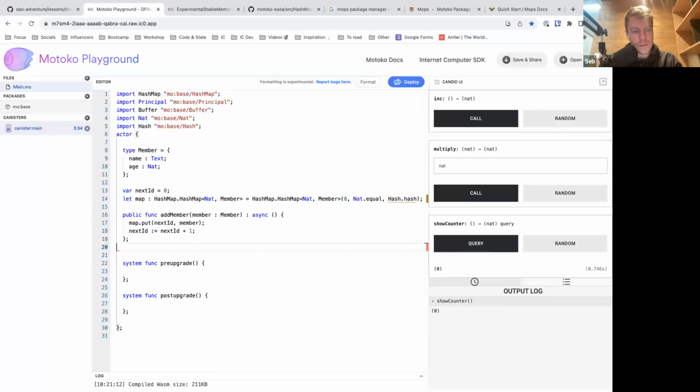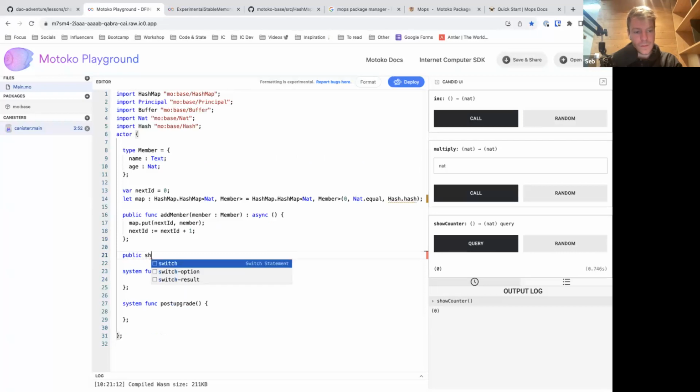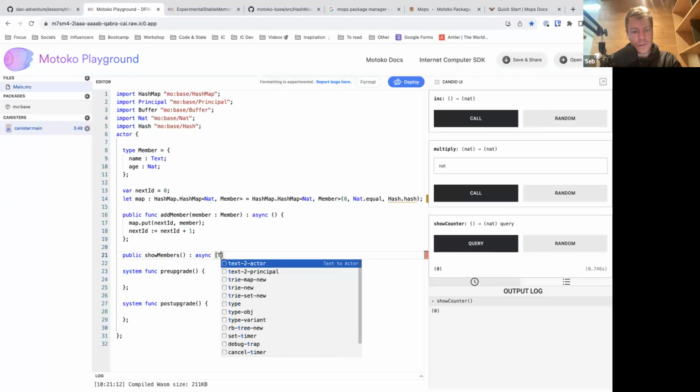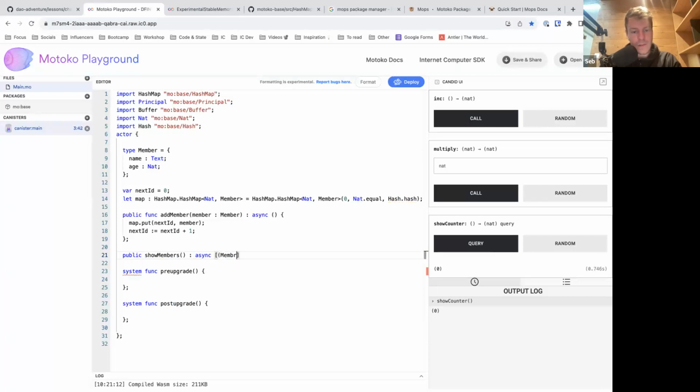And then I have another function, show members, which returns all members, maybe with their ID. So like this. I will keep this in comments for now. I will remove that. And this is returning